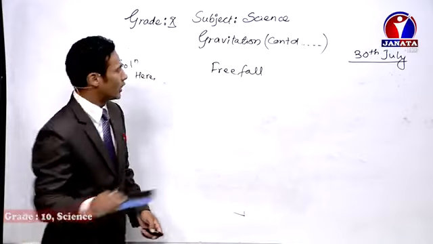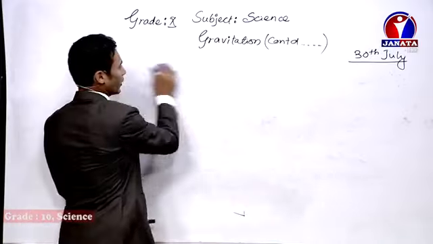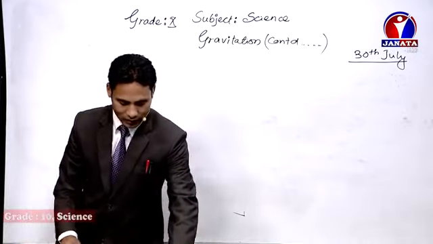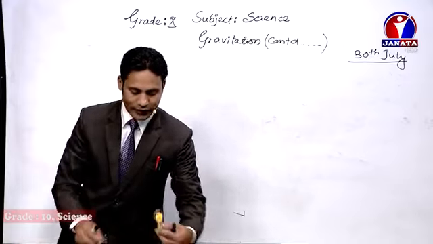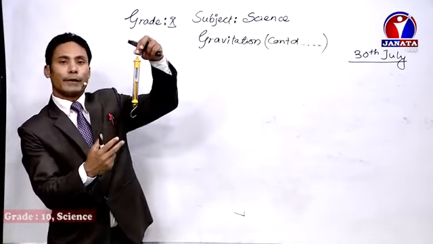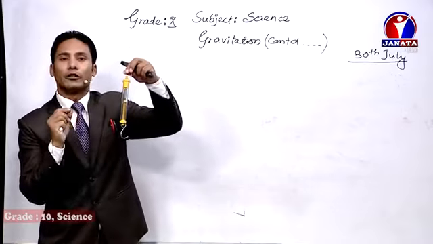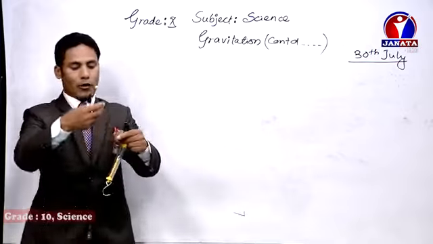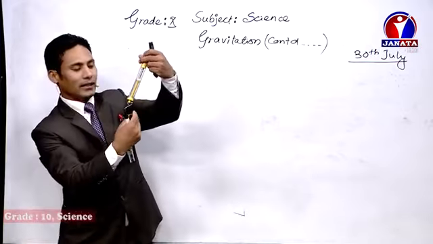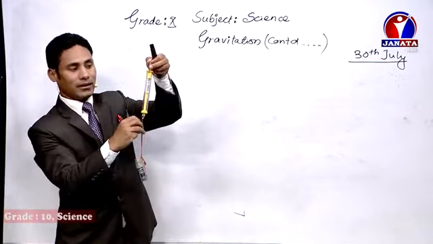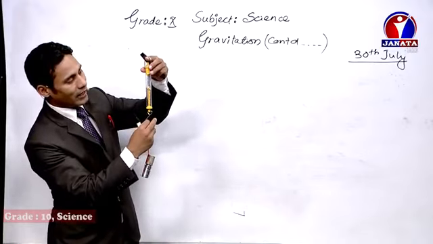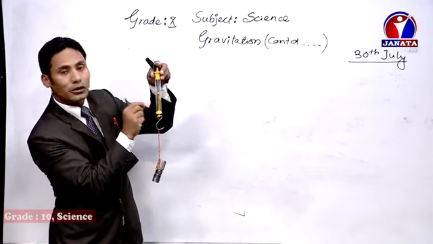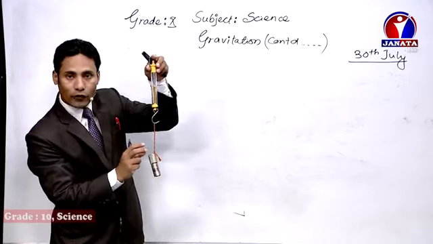So let's move on to the weightlessness. So what is weightlessness? We measure the weight with the help of this spring balance, right? This one is the spring balance, which is used for measuring weight. Now, here I have brought one object, and I have the spring balance. So whenever I check this one, it shows about 3 Newton. About 3 Newton weight is shown for this object.